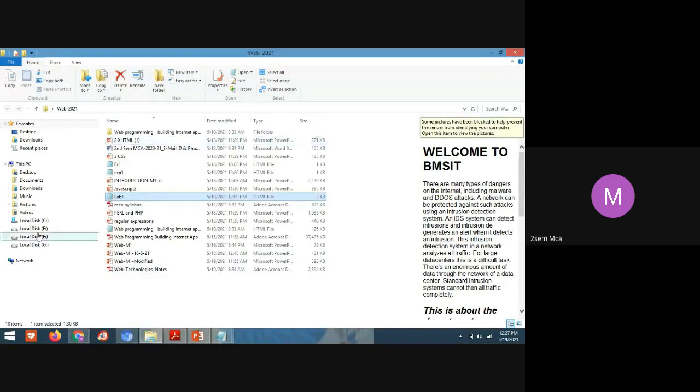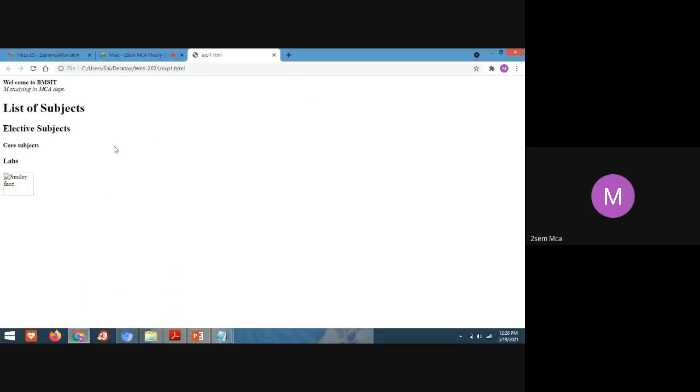But that file is not available here. I think you can see here the CSS. So many files I have given, the introduction, JavaScript, PHP, Perl, PPT and PDF files are there and folders are there, but no images are here. So if that image is not there, then how will the program display that image? Whatever alternative text we include in the program, that it will display.